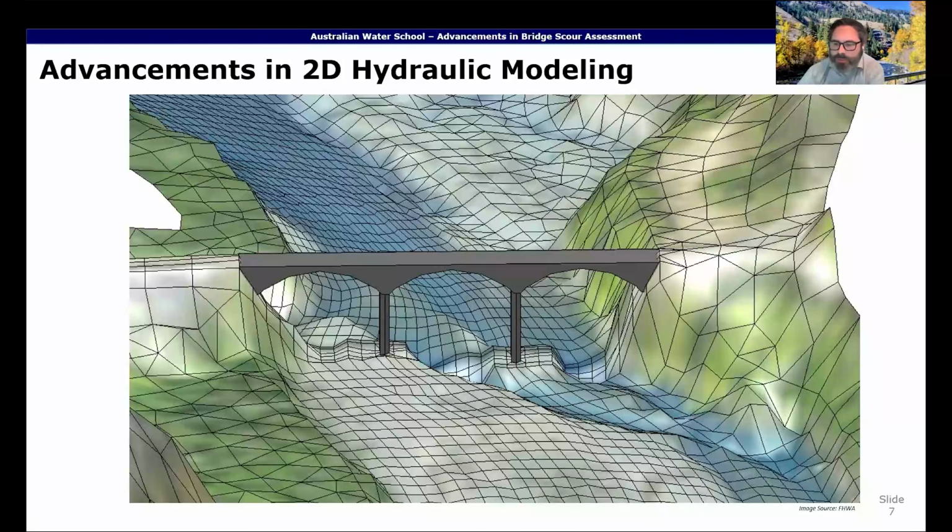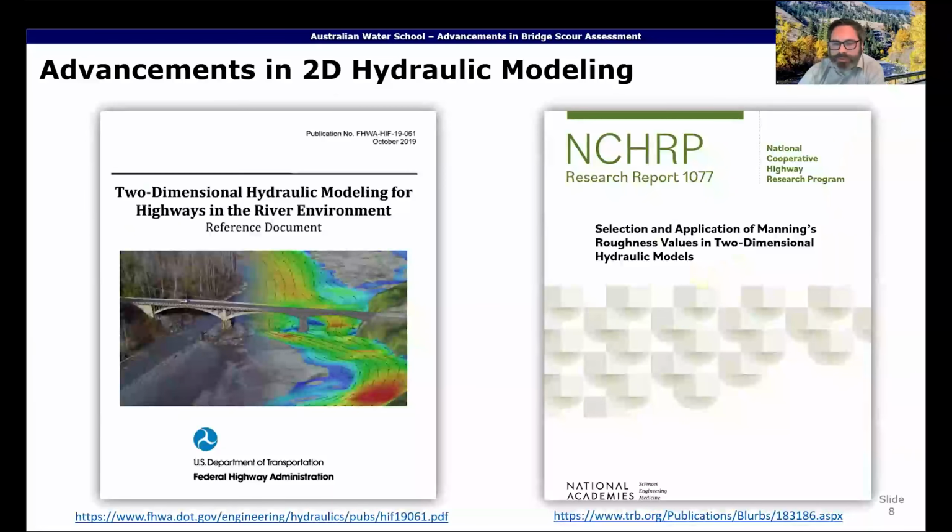But some of the advancements with SRH2D include being able to model pressure flow in the 2D domain, visualizing 3D structures, which you can see here on this graphic, and automated meshing techniques, along with some other advancements that are continually taking place. I guess a deeper dive into some of the references, for those that have seen the FHWA